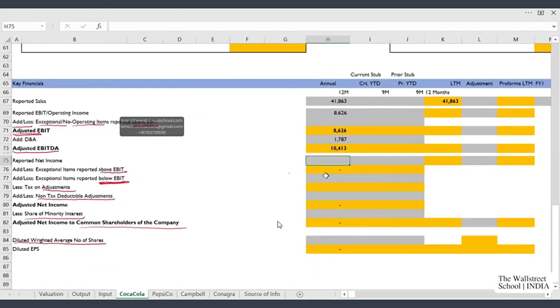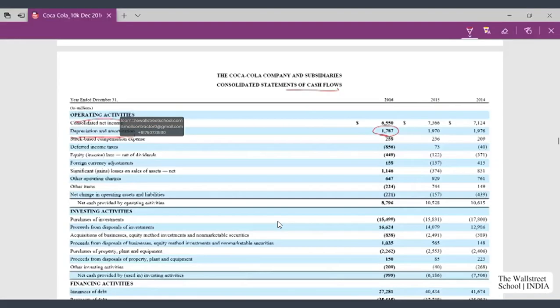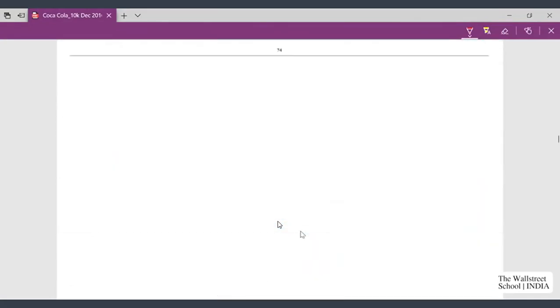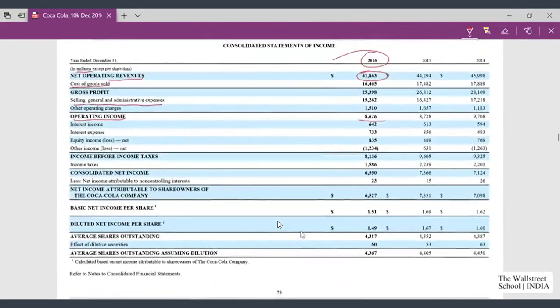Next, net income. So let's pick this net income, and it will come from the income statement. Please come above. This is my income statement, and friends, here we have consolidated net income, which is 6550.